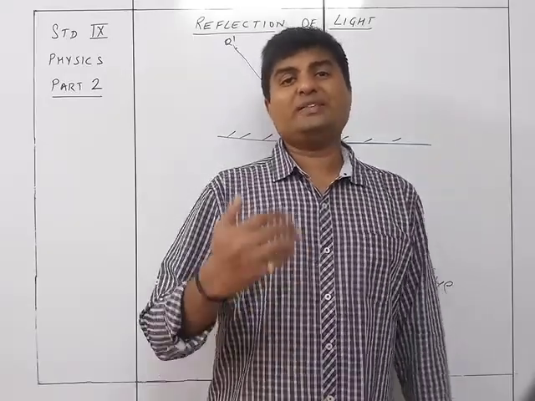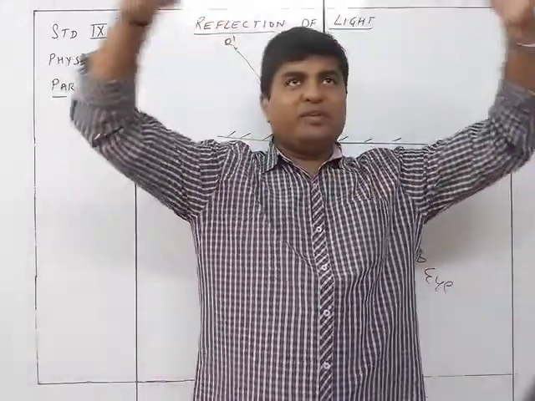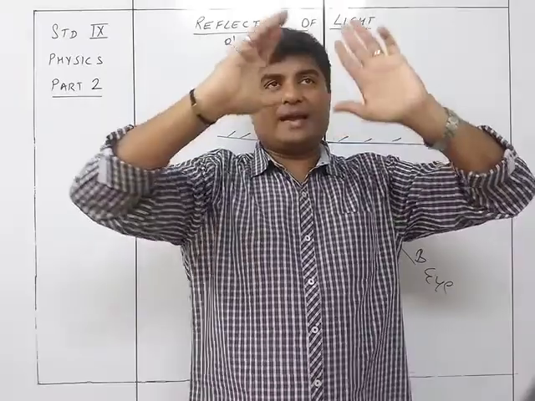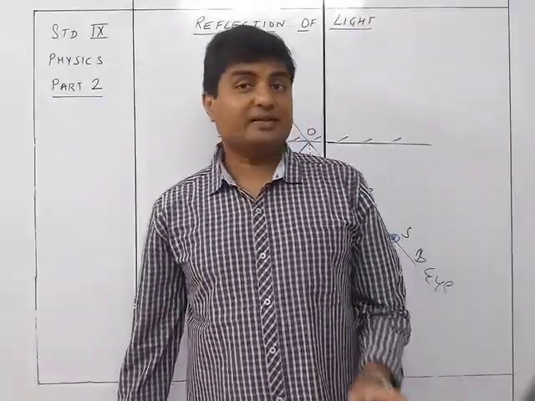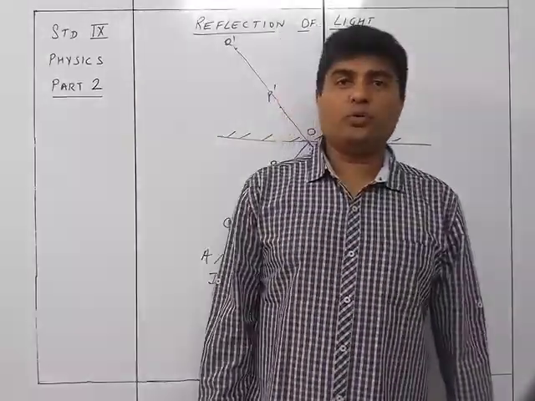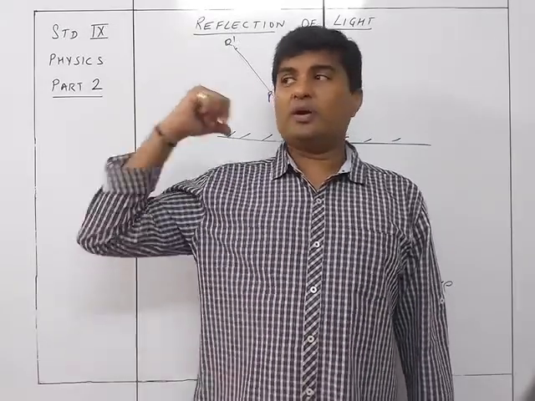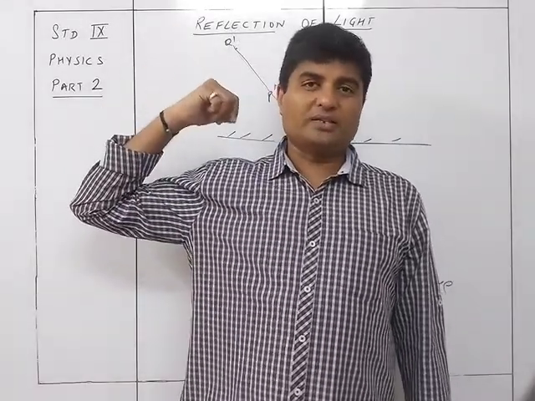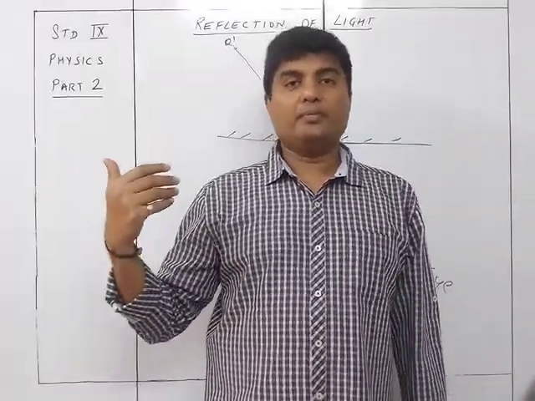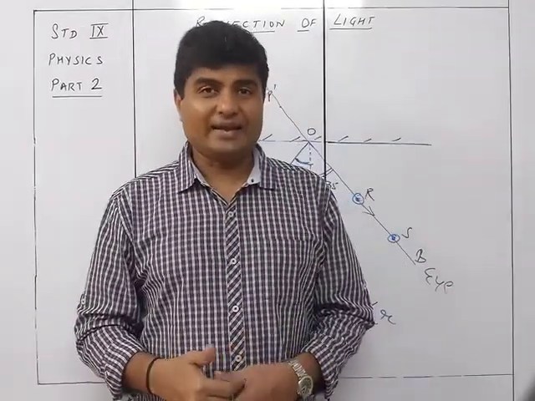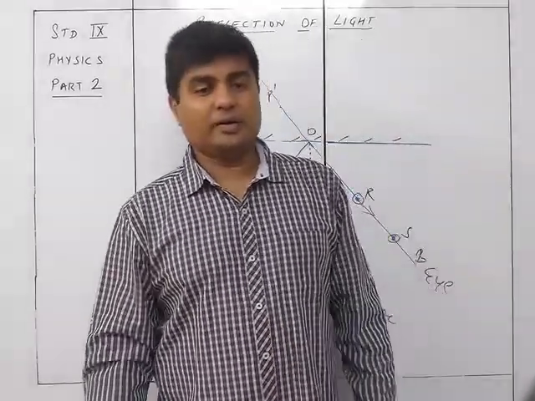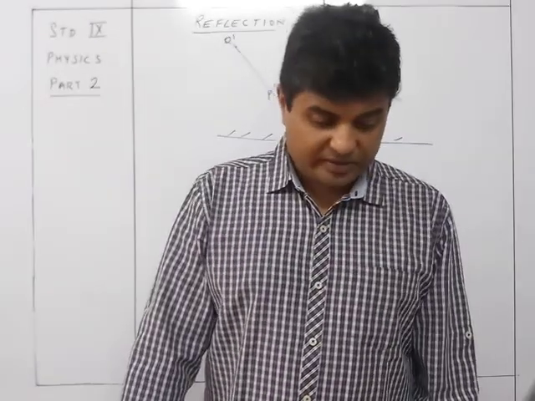The image we see of the movie in a movie theater, the image we see on the screen, that is a real image, because the light rays are actually intersecting and meeting at that particular point. That's the reason, if you are standing in front of a projector, it is going to give you a shadow of yours on that particular screen. That is because the image is actually being formed by the intersection of the light rays. So that's why it is called a real image, which can be taken on a screen. This is normally done in the case of a concave mirror. It gives you a real image.